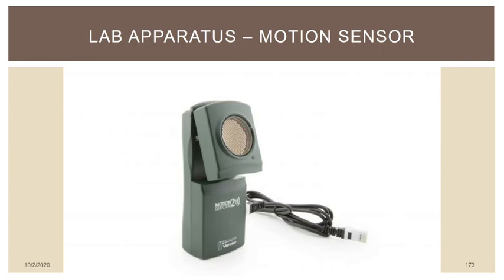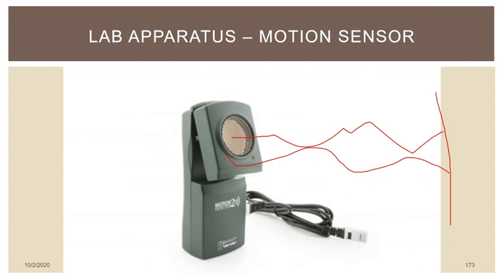This little piece of gold here vibrates and it makes little clicking noises. When it makes those clicking noises, it's sending out a sound wave. Then that sound wave bounces off of the object you're trying to measure, and then that sound wave is reflected back to the